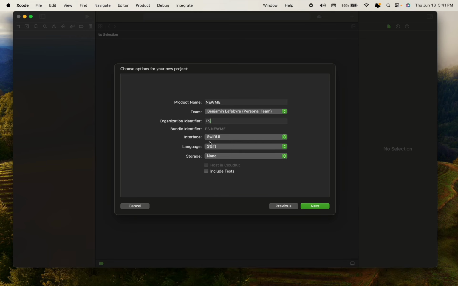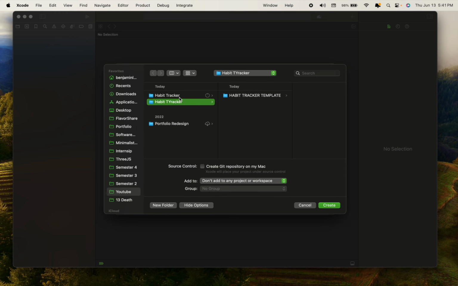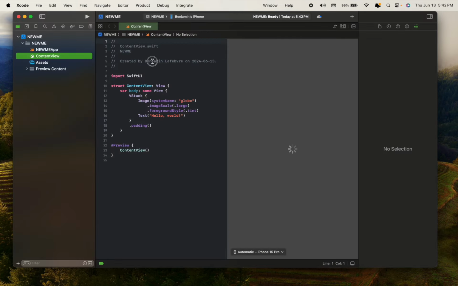So make sure that everything has been selected here. We can continue, and so you'll have the habit tracker. You can create a file. I just have a little file here, and I already created a template to help and to make sure that everything runs smoothly. So once Xcode creates your SwiftUI,